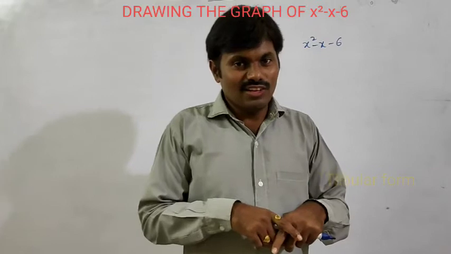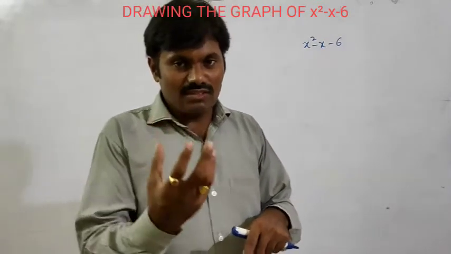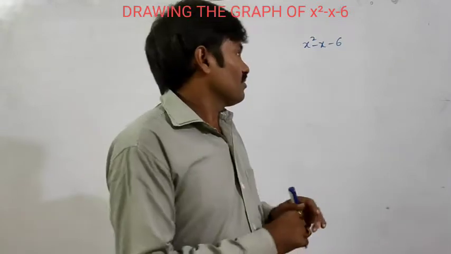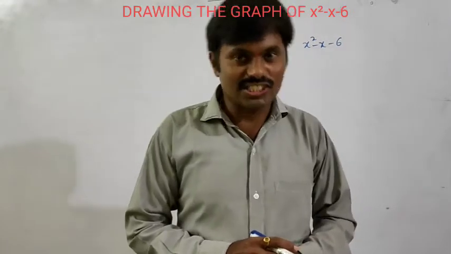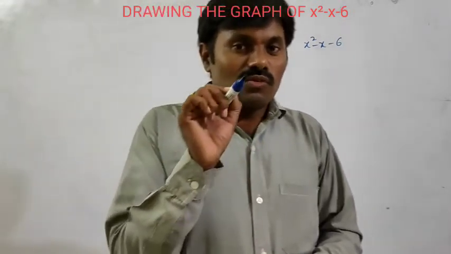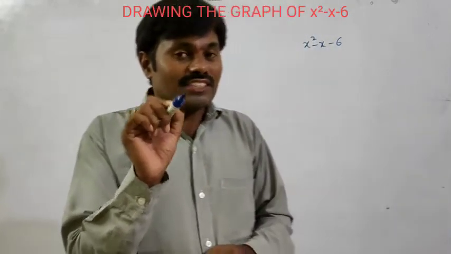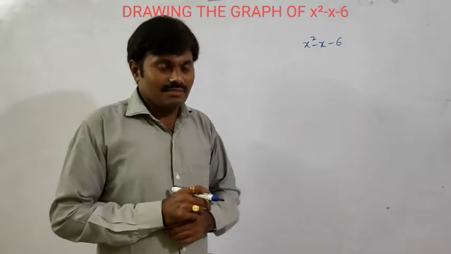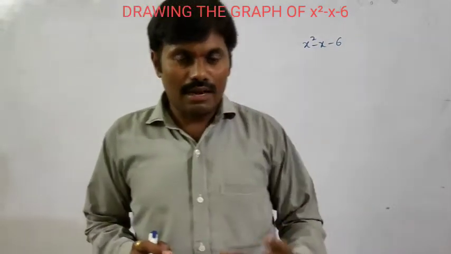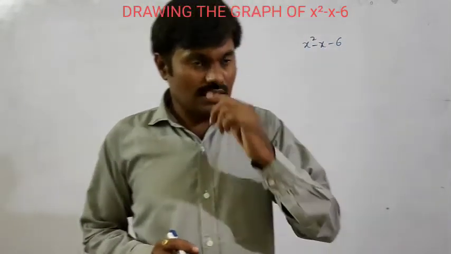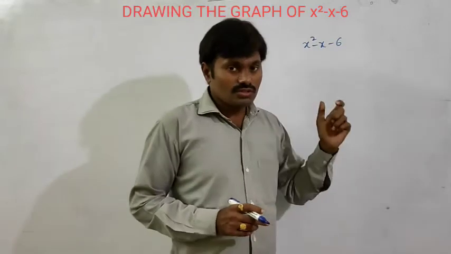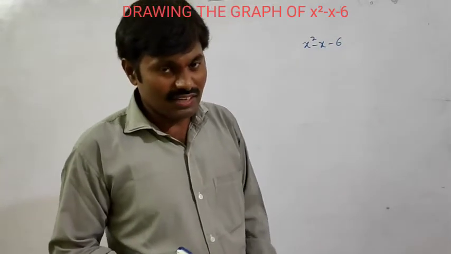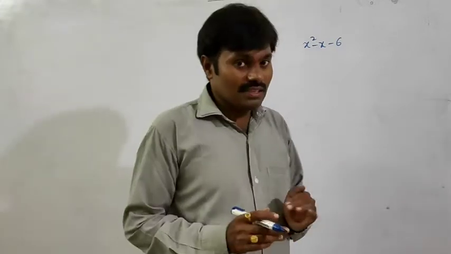So to find the ordered pairs, we have to prepare a tabular form. Am I correct? So what are the values we have to consider for x? That is the question. What values of x should be considered? For that, a small technique is there. Before preparing the tabular form, just find out the zeros of this quadratic polynomial. It is very easy to find the zeros of the quadratic polynomial.